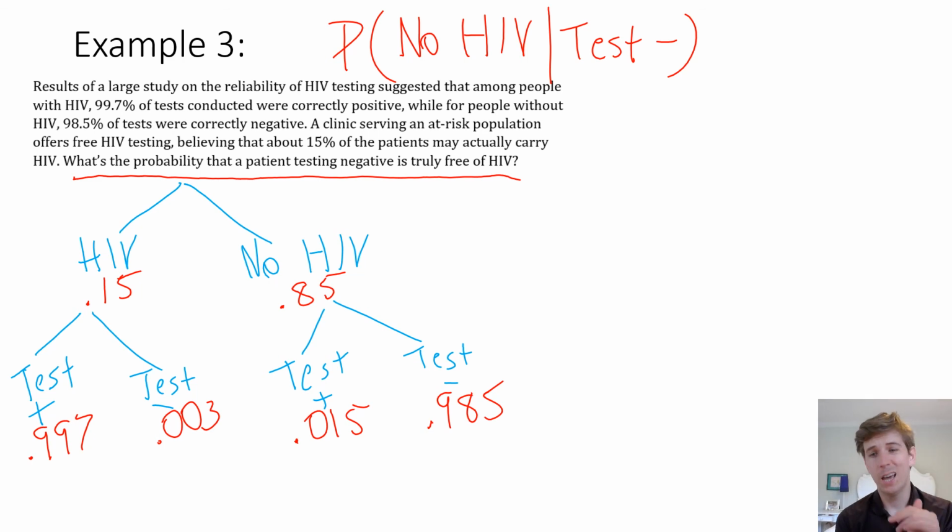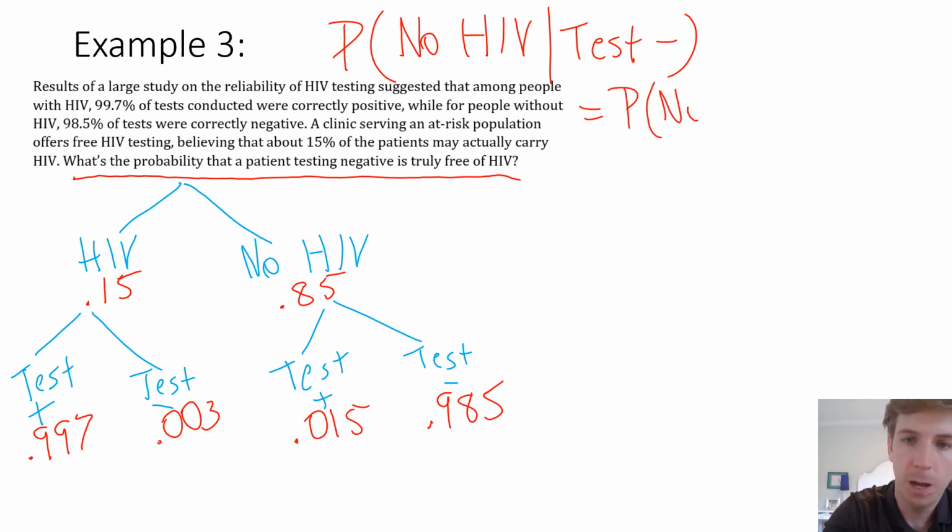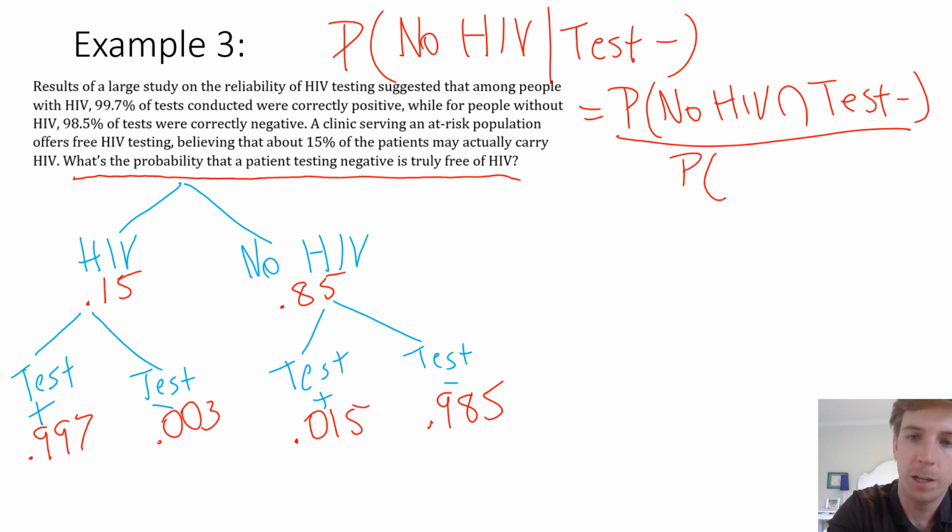Okay, so once again, this is another example of reversing the conditioning. All right, we can't multiply back up the branches. We're going to have to use that conditional probability formula. So we're looking for the probability of no HIV and test negative divided by the probability